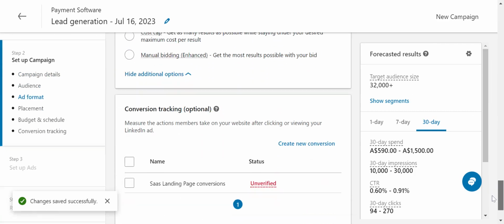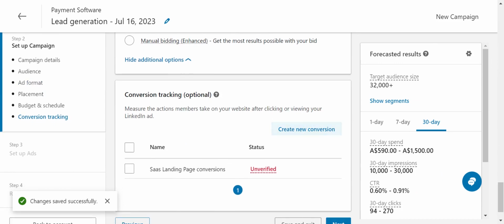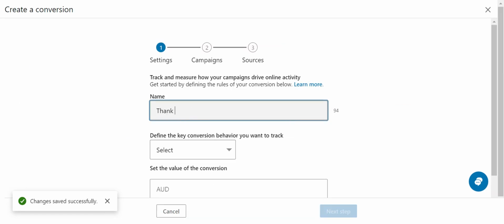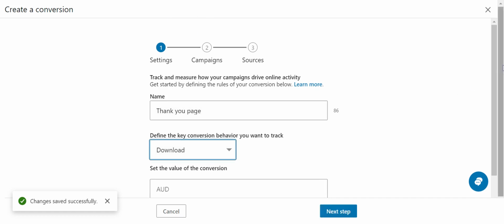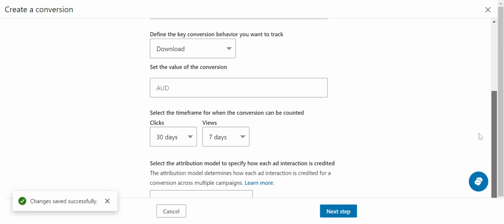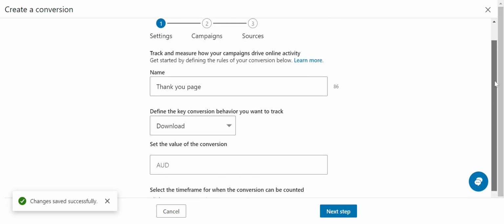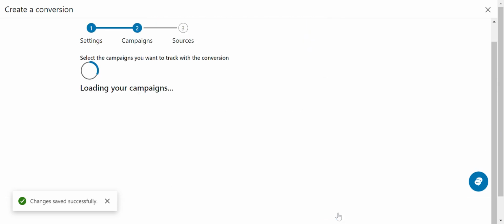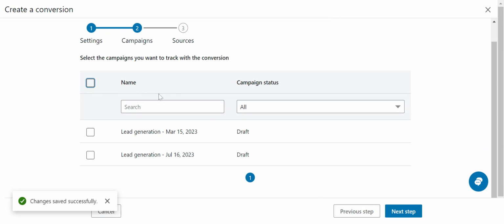And yeah, the other thing here is where you basically set up the conversion. So this is useful for people that are actually clicking the ad and going to your website. So if people click on the ad, let's say they see an ad that you're running on LinkedIn and they click on it, then what you can do is you can create a new conversion. Let's say it's a thank you page. And let's say it's a lead. So they submit, let's say they actually make a download. So let's say they download a free PDF guide. And as soon as they submit their email address and their phone number, etc., all their details, they'll go to a thank you page. So then what you can do is you can go to next step,